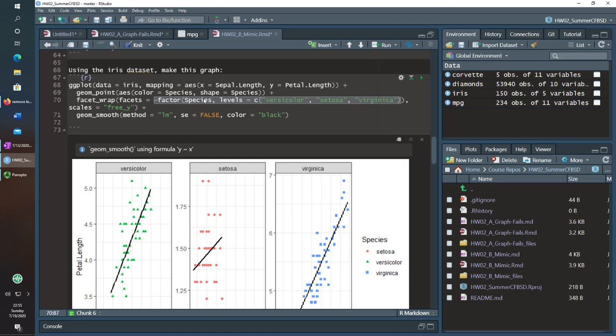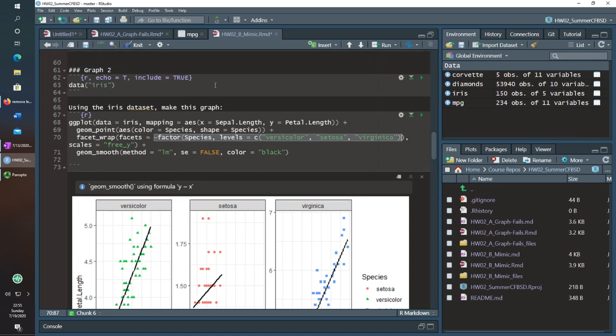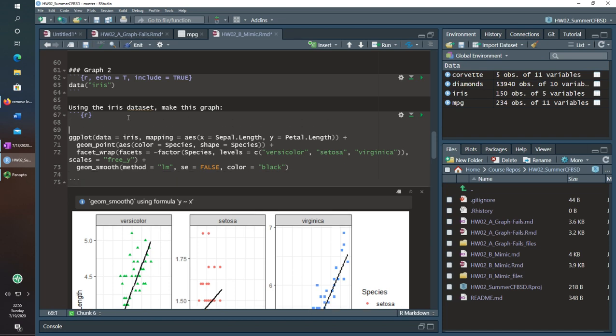In this case, though, I want to assign factors to species. You could edit the data frame. So if I wanted to do it a different way, I could edit the data frame and make a new column where I have the species as a factor. So something would be like iris, and maybe I want to say graph species, because it's the species values that I'm using for the graph.